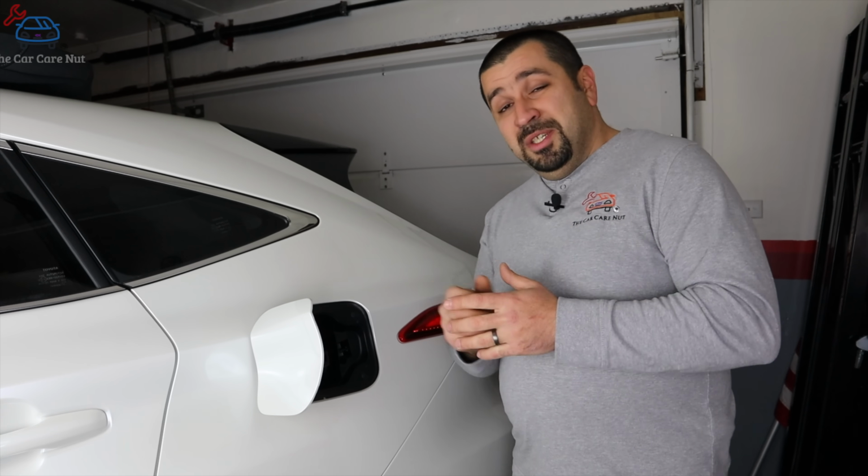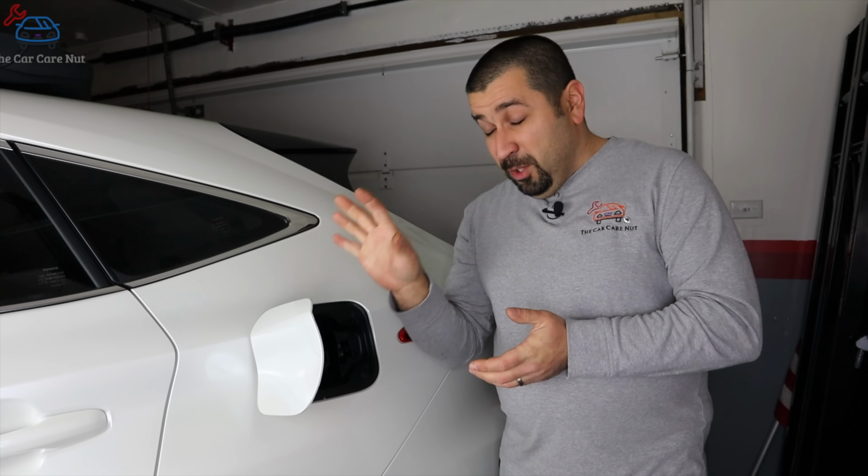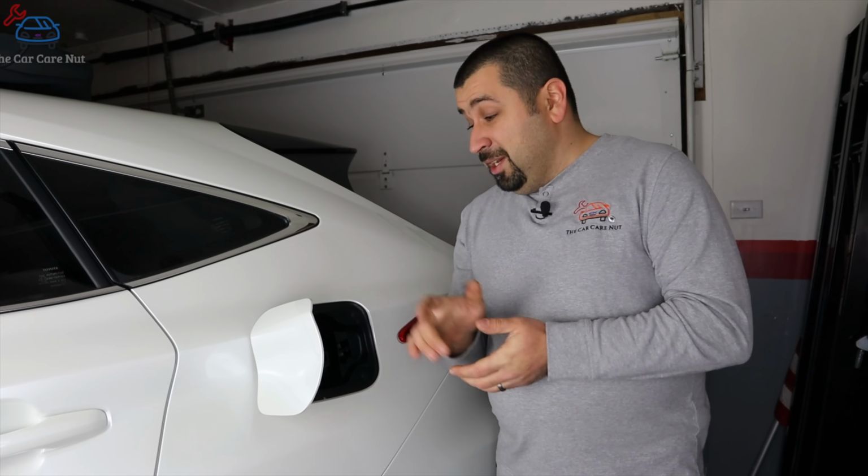So the reason you need to do your refueling within 30 minutes is because that valve opens. That's why there's a delay when you push the button in the door, because that valve needs to open, allowing the fuel to push the vapor into the canister in a very complicated fashion, which we're not going to bore you with. But folks, you do not want to forget this door open over 30 minutes because seriously, the